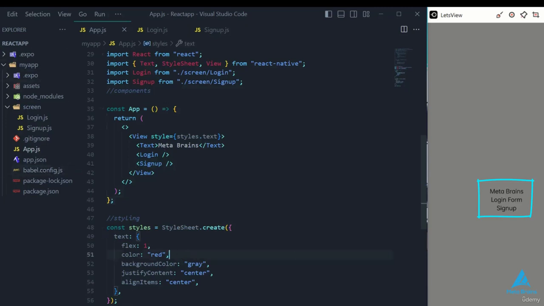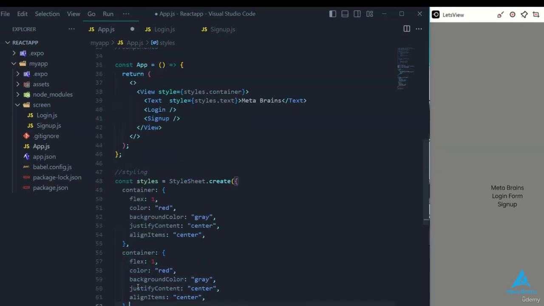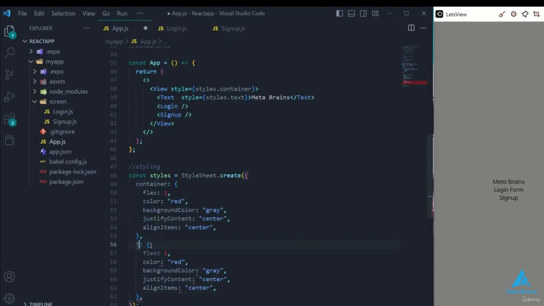Next, let's talk about why red is not used in MetaBrains. The styling is applied to the view element, and it was already covered in the introductory lectures that you should always use the view element as a container. Therefore, the styling only applies to the view element and not to the text element. So you must style text separately if you wish to apply color to it. In the view tag, the style attribute is equivalent to styles.container. The style attribute in a text tag is equivalent to styles.text and includes container in the styles function as well. Next, duplicate the style